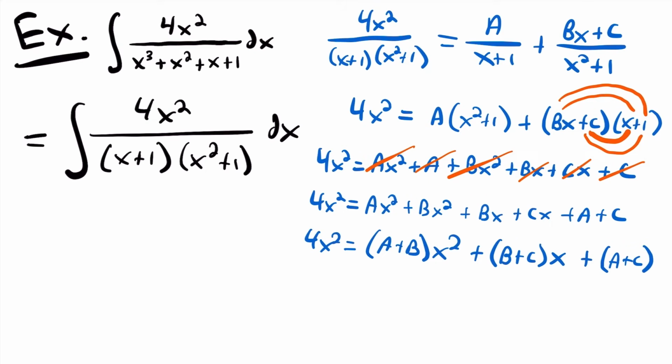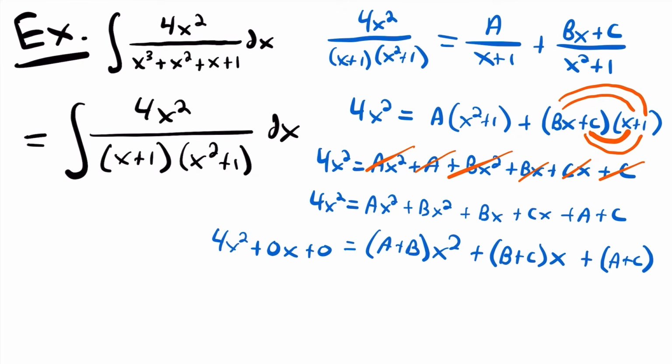All right, so now what we're going to do to solve for a, b, and c is set those coefficients equal to their corresponding coefficients on the other side of the equation. Now that might seem a little confusing because in this case we just have 4x squared, but I could rewrite that to be the following. We could have 4x squared plus 0 times x plus 0, right? Even though we just had 4x squared, we could also have a constant of 0 and an x to the first power with a coefficient of 0 as well. Both of them would just be 0, which is why we only write 4x squared,